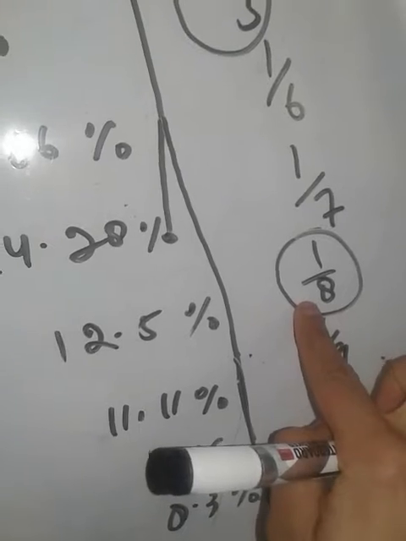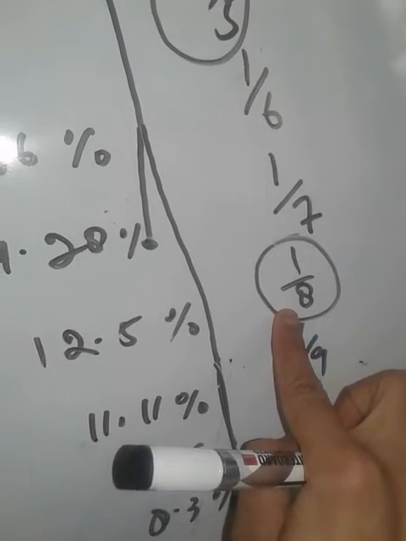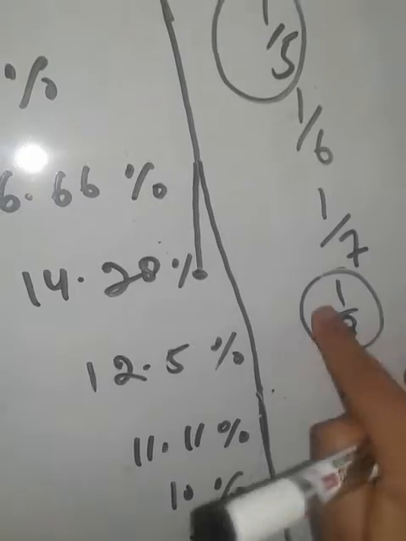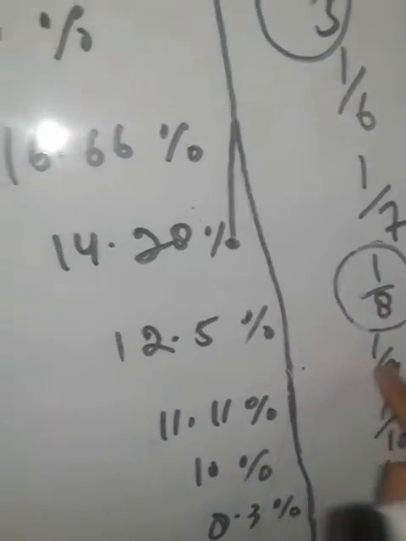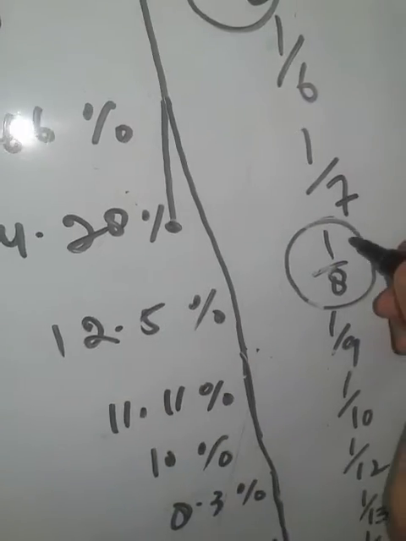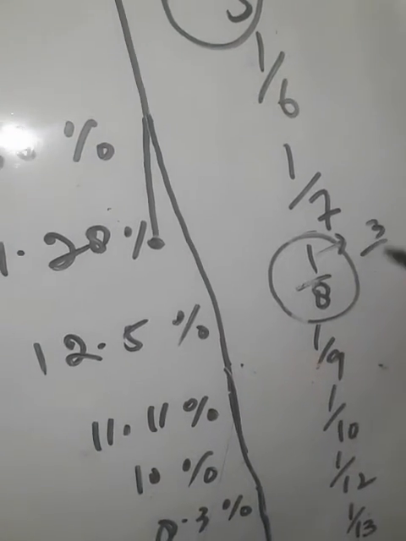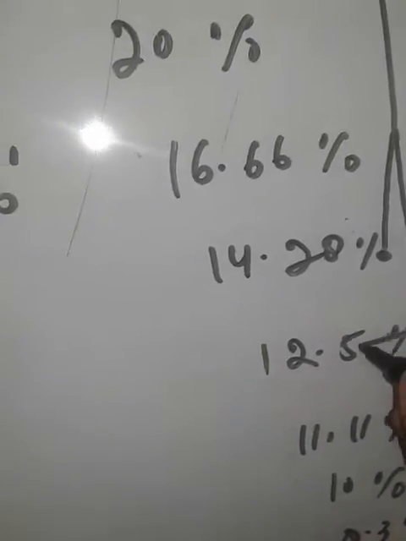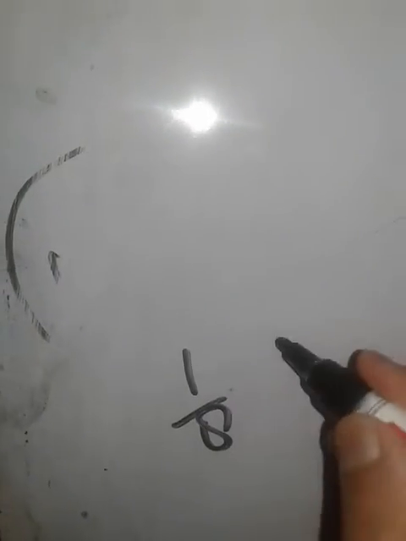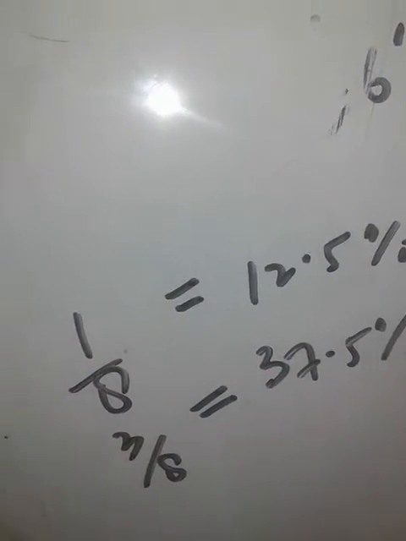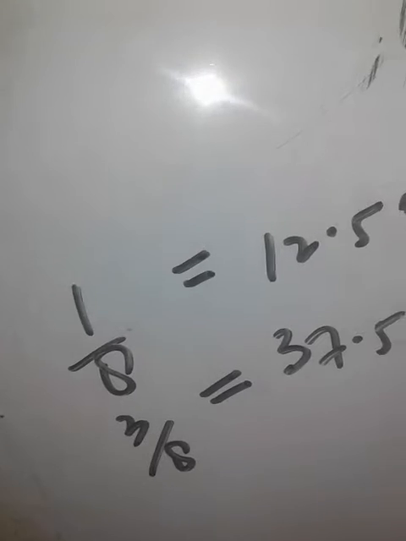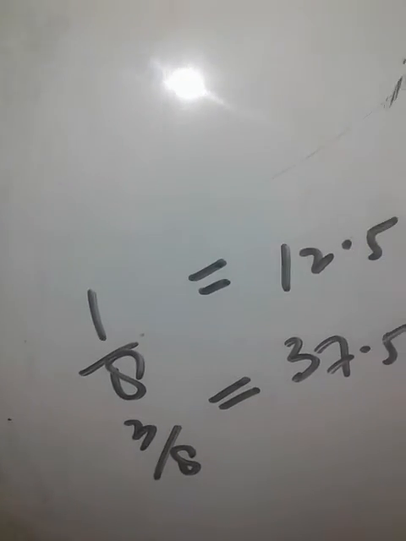If you were asked to find the value of 3 by 8, you can multiply: 1 by 8 represents 12.5%, so 3 by 8 will represent, remember this, 37.5%. Suppose you were asked a question in examination, find